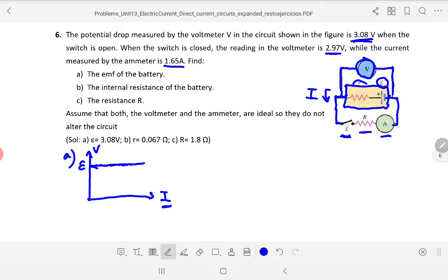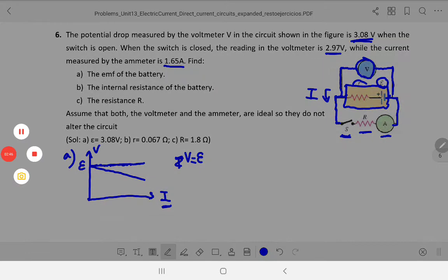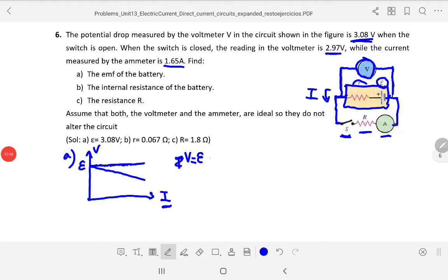However, in real ones this is decreasing, and we can represent this by saying that the potential difference across the battery is equal to the part coming from the ideal part of the battery,